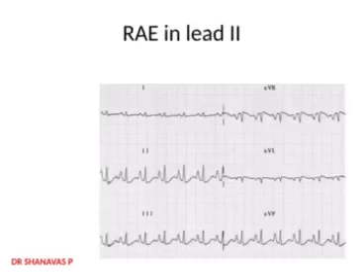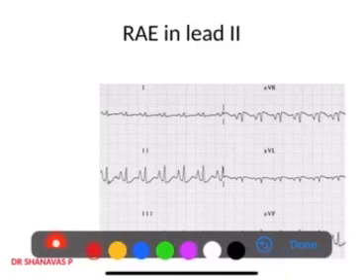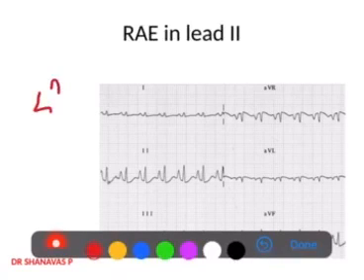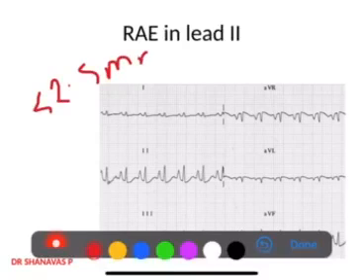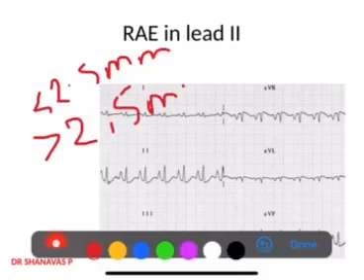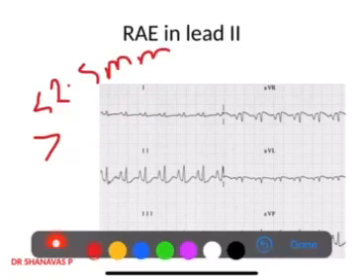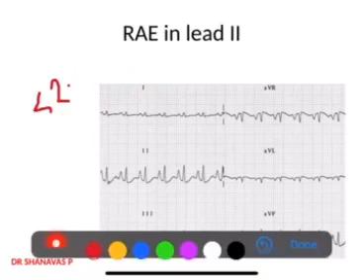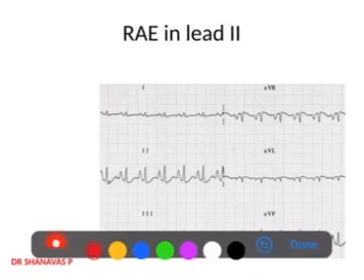Okay, so we will be discussing how they look in different leads. We know that in limb leads like 2, 3, AVF, etc., the normal amplitude is less than 2.5 millimeter. Clear? So if the amplitude is more than 2.5 millimeter, we could say there is increased amplitude. So looking at leads 2, 3 and AVF, if the amplitude of the P wave is more than 2.5 millimeter, that means there is a prominent P wave. That means there is right atrial enlargement.